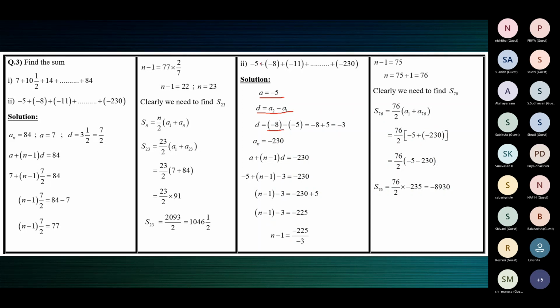Now you'll be wondering what is this plus, plus? Find the sum. The heading is find the sum. They've connected the terms of the sequence with the plus sign. It's an arithmetic series. Series means you'll have to find the sum of the terms. It's the same as if there was a comma. You say arithmetic progression or arithmetic sequence. Here it's an arithmetic series because they wanted to find the sum.